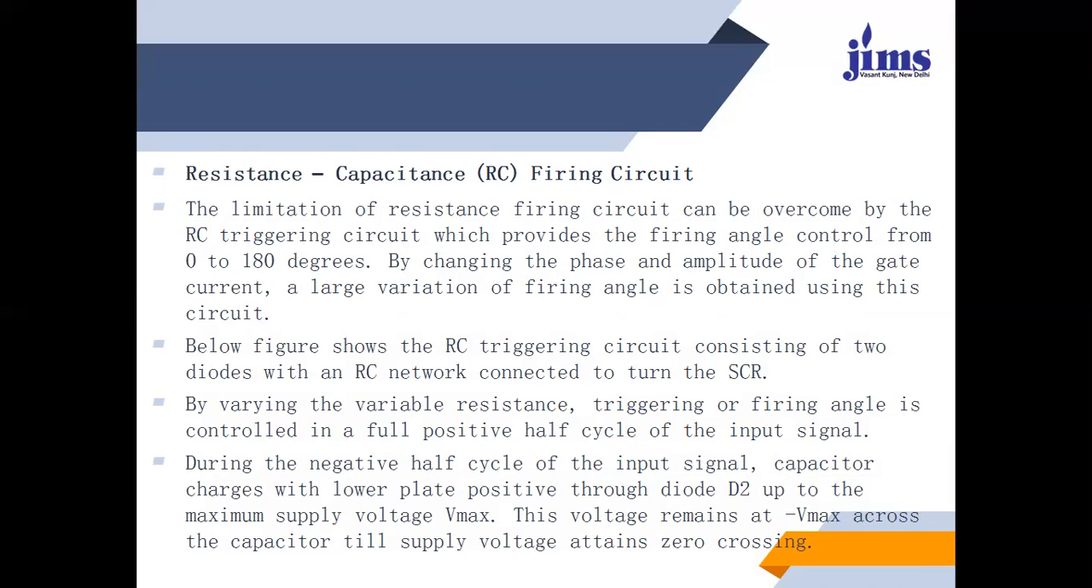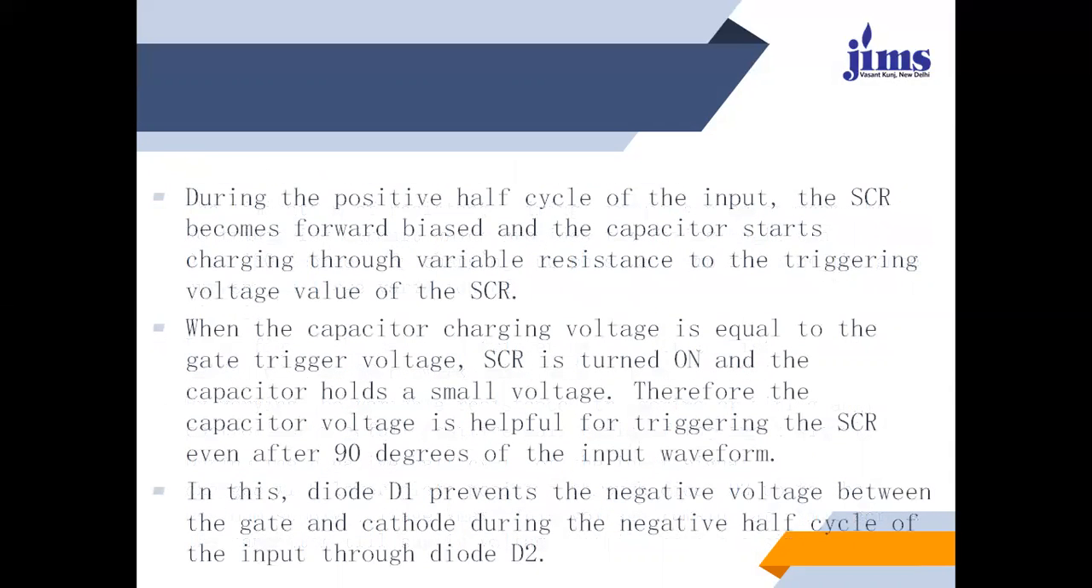This voltage remains at minus Vmax across the capacitor till the supply voltage attains a zero crossing. During the positive half cycle of the input, the SCR becomes forward biased and the capacitor starts charging through the variable resistance to the triggering voltage value of the SCR. When the capacitor charging voltage is equal to the gate trigger voltage, the SCR is turned on and the capacitor holds